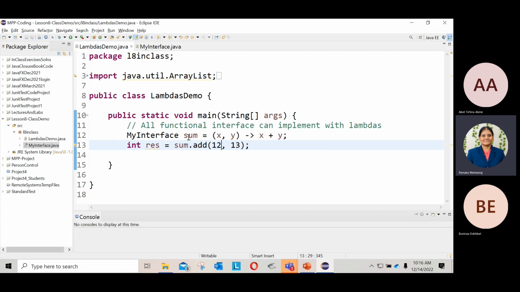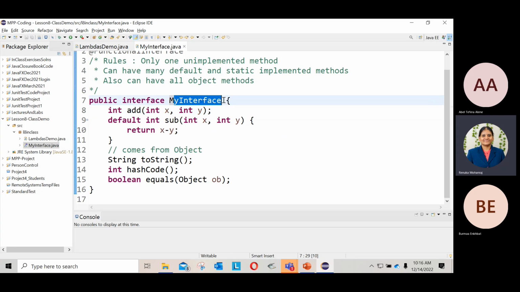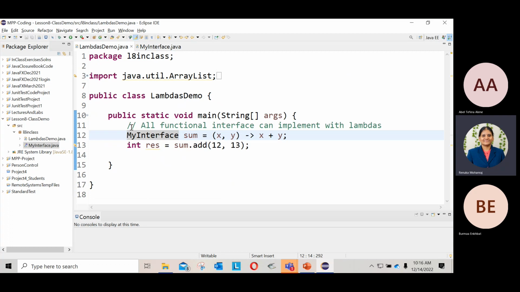Like that's what I said. You declare your object as an interface, right? This lambda expression has a type. What is the type? Interface. Do you know that? This is the name. If I give that name, automatically it will infer the type from the interface.